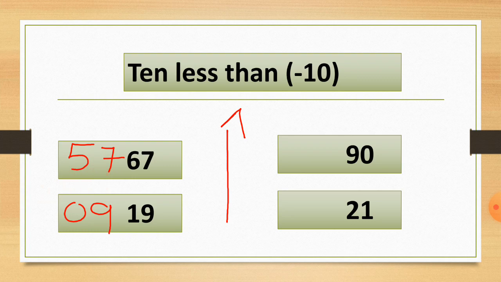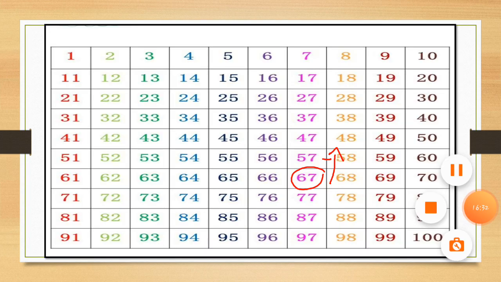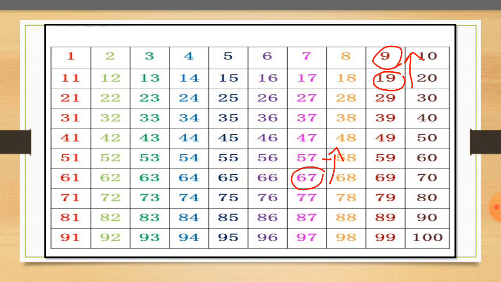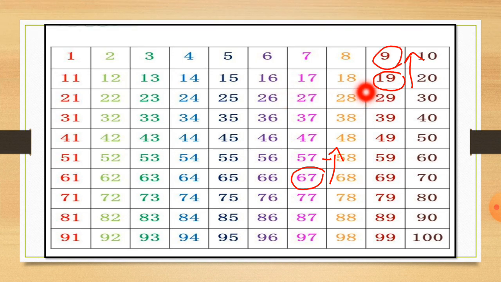So let's see if we get the number 9 in the hundreds grid. If we cut 10 numbers, if we move one step upside, we get the number 9, yes or not? Let's check in the hundreds grid. Let's see where is the number 19. I circle it first. Here is the number 19. You can see I circle it, and we have to move upside one step and we will get the answer. Here is the 19 number and we have to subtract, so we will get the number 9. You can see here, our answer is right.